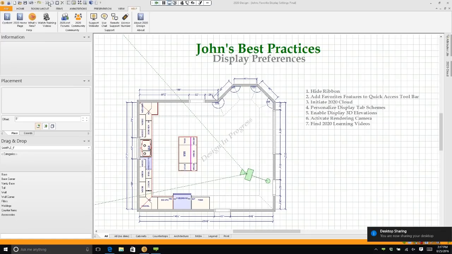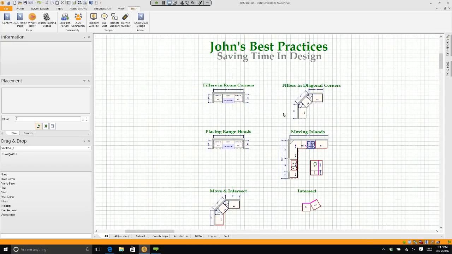And let me switch to another plan. Let me go ahead and close my favorite settings plan. This is one of my favorite things to do. Oftentimes when I'm meeting with people, if they tell me, say, hey John, show me something I don't know, I